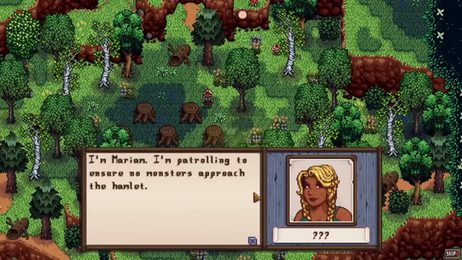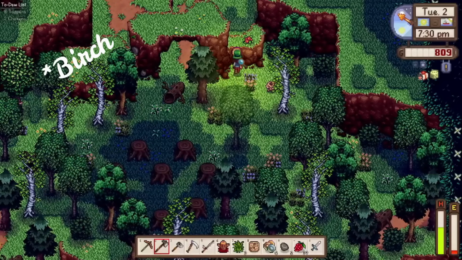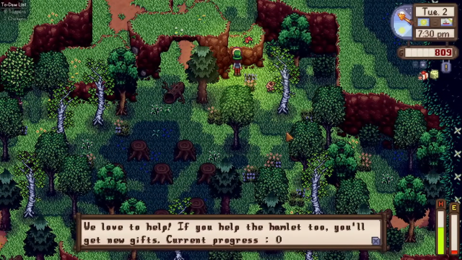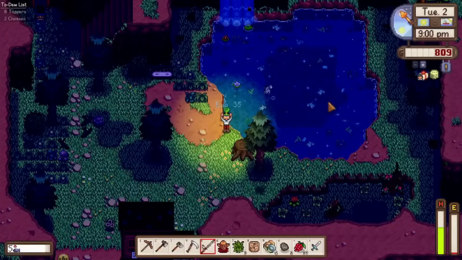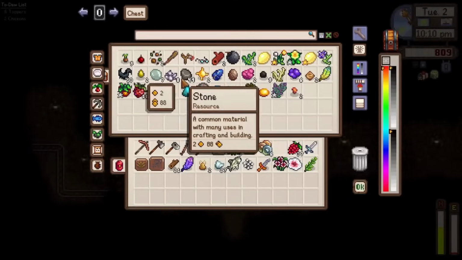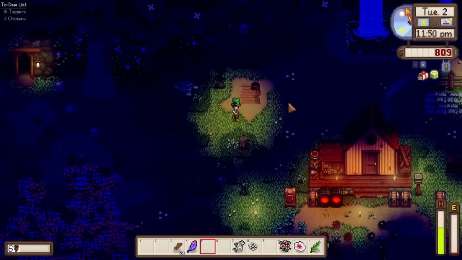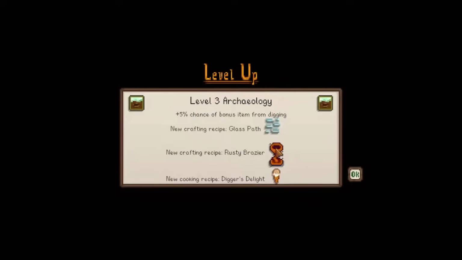We met Mariam in the forest and chopped down a new tree to find out that we could now grow pine trees at home, as well as a mysterious Junimo plaque saying if I helped the hamlet here, then I would be rewarded. We caught a white Vendace for the first time here before leaving on the bus home, quickly running back to the mines to pick up our loot haul for the day before planting down the birch seeds and heading to sleep. Our binning and archaeology skill leveled up overnight, giving us some new crafting and food recipes,